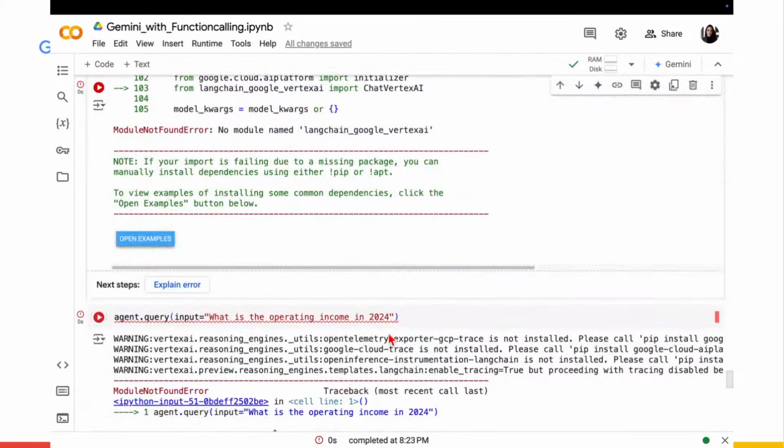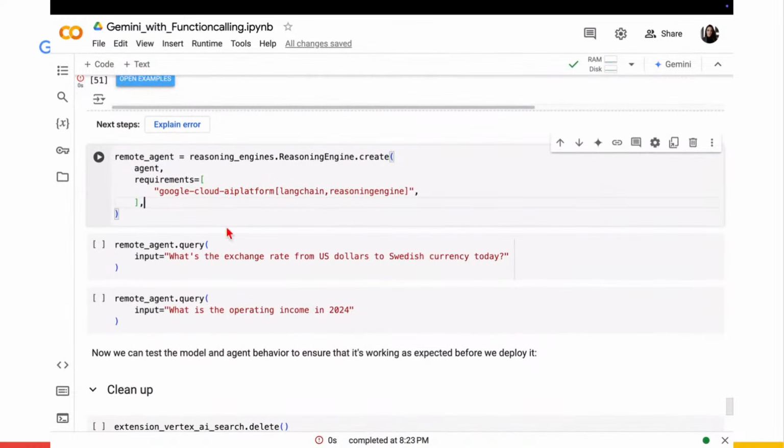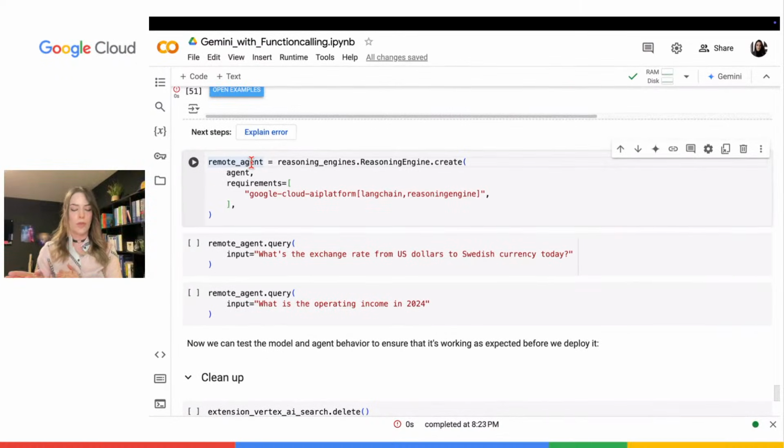All right, what I can now also not show you because I didn't do the pip install is the deployment, which is also fairly easy. So I'm just going to show you the lines of code here. Essentially, once you created your LangChain agent, you can use a reasoning engine to deploy it. This execution will take a few moments. Once it's deployed, you'll get an endpoint that you can use to interact with your agent so that you can also call your agent from other environments. So that's pretty handy.